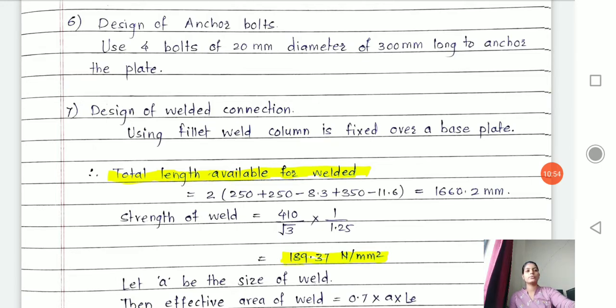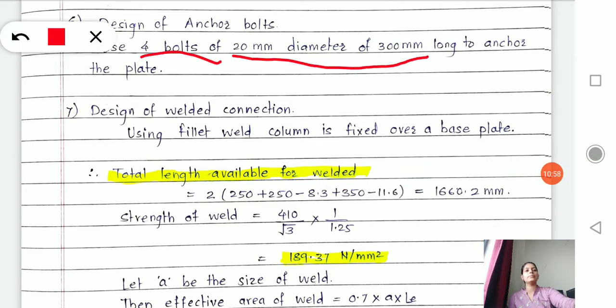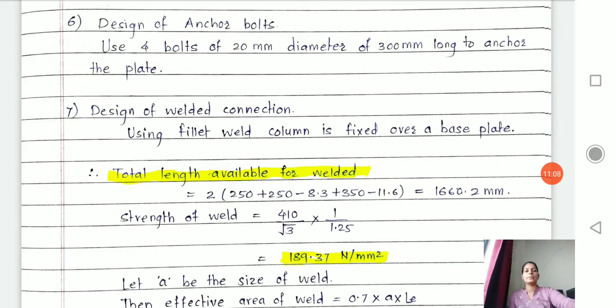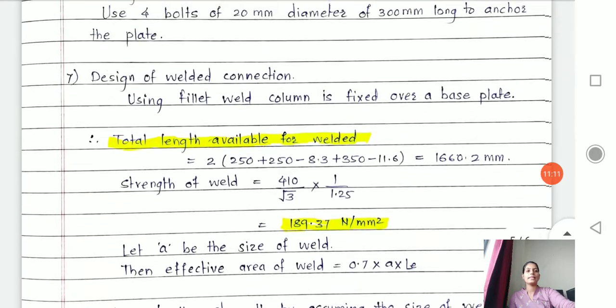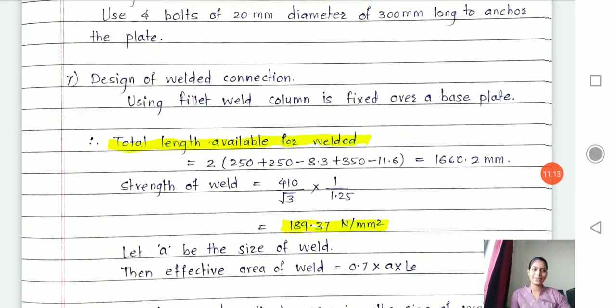That's what I wrote over here. Here I have chosen 4 bolts of 20 mm diameter and 300 mm long to anchor the plate. Okay, it will remain the same for almost every problem. I said not for every, almost for every problem.